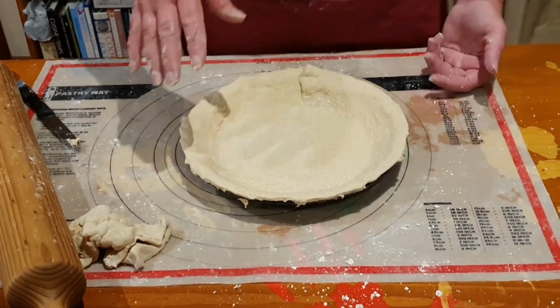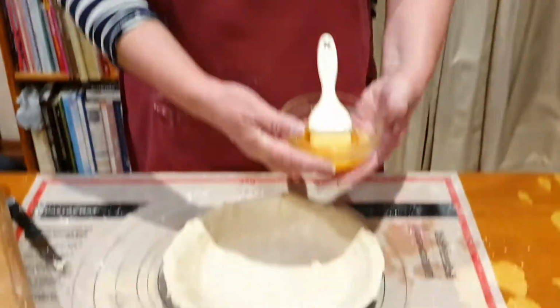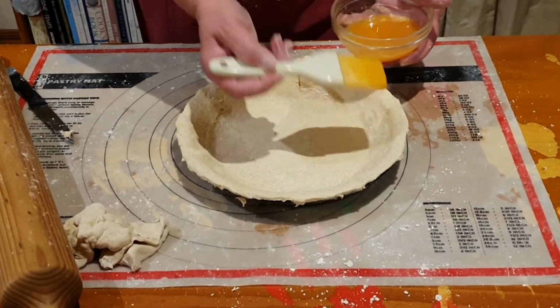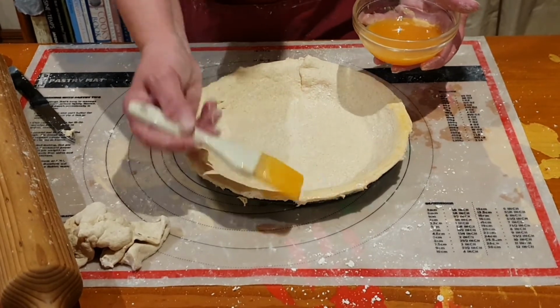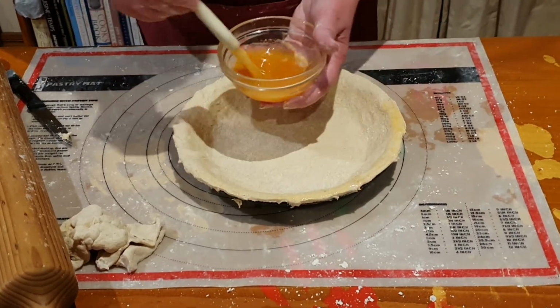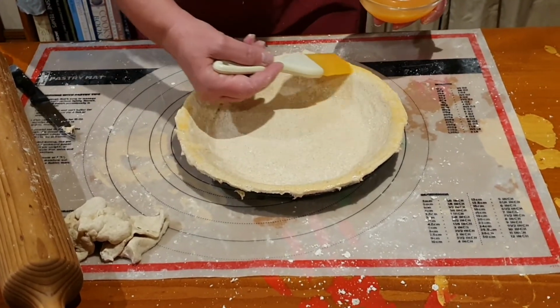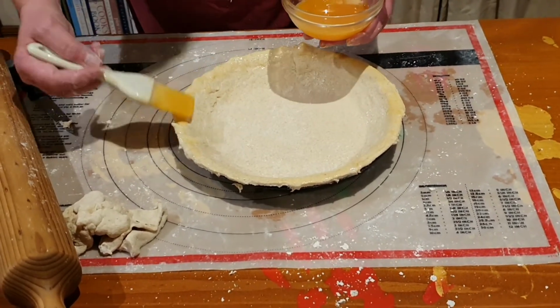Now basically, if you are going to be doing a lattice top with, say, puff pastry, then what we'll do is put a little bit of egg wash or water around the rim of the pie lining so that it actually sticks. So this is egg wash, that's egg with just a little bit of salt in it. So all you do is put a little bit of your egg wash around the rim,